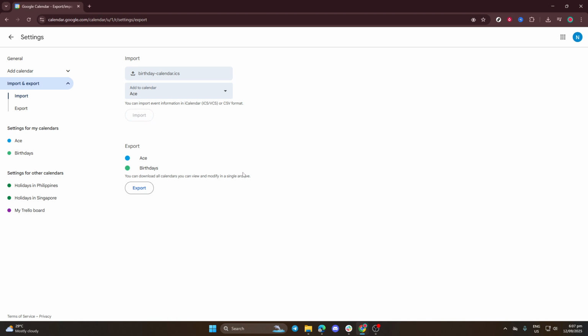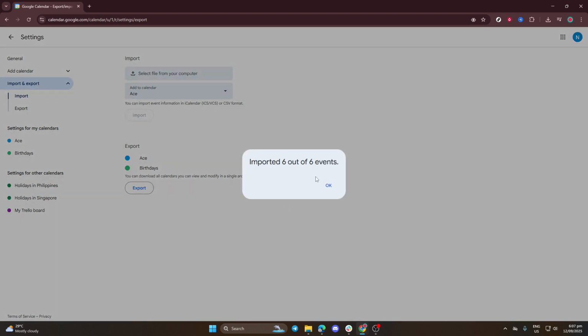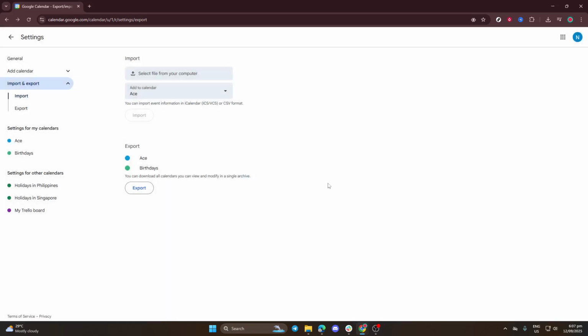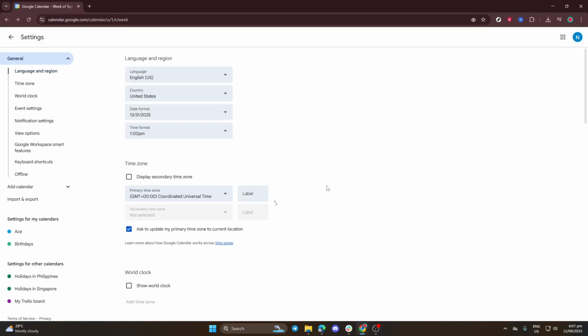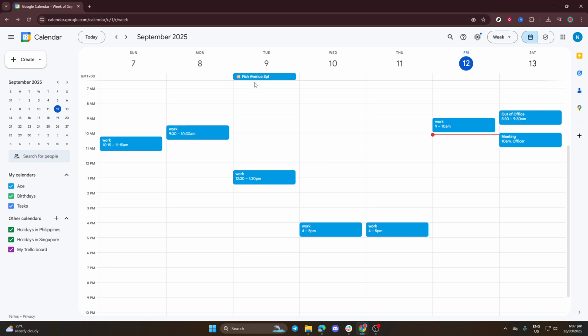Finally, click the Import button and you should see a confirmation that your Facebook birthdays have been successfully added to your Google Calendar. You can now keep track of your friends' birthdays all in one place and even set reminders so you'll never miss wishing them on their special day again. And there you have it. With these simple steps, you've effectively imported your Facebook birthday list into Google Calendar. Whether you want to send a timely message or just remember